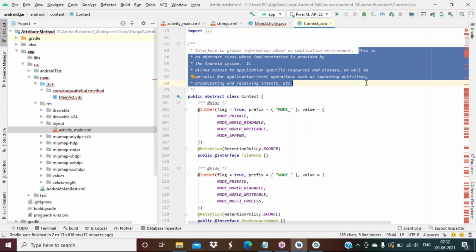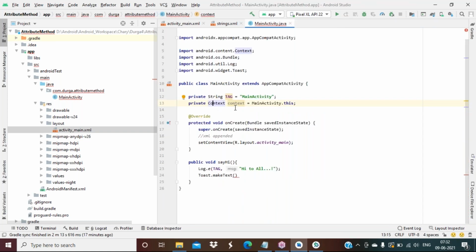So everywhere you have to write a context variable, always write it as your class name dot this. Okay, your class name dot this, that is mandatory. If you write class name dot this, then this interface can understand, okay, from here I am getting the data.